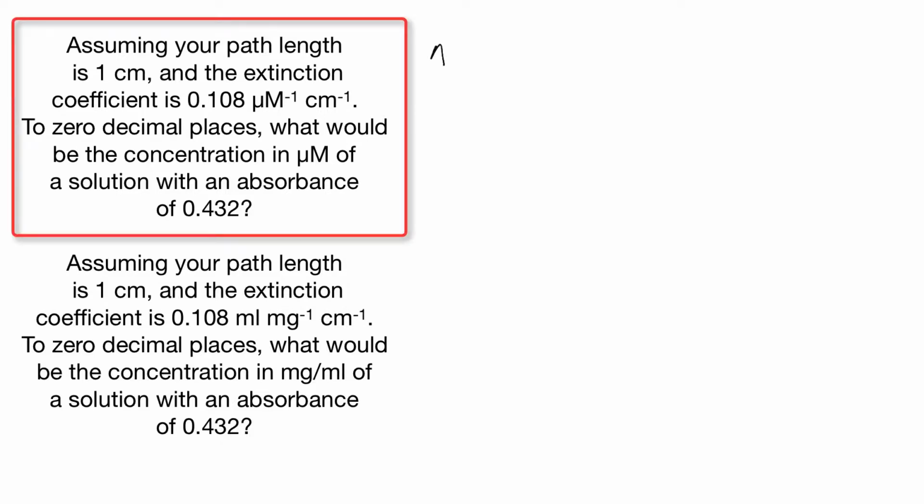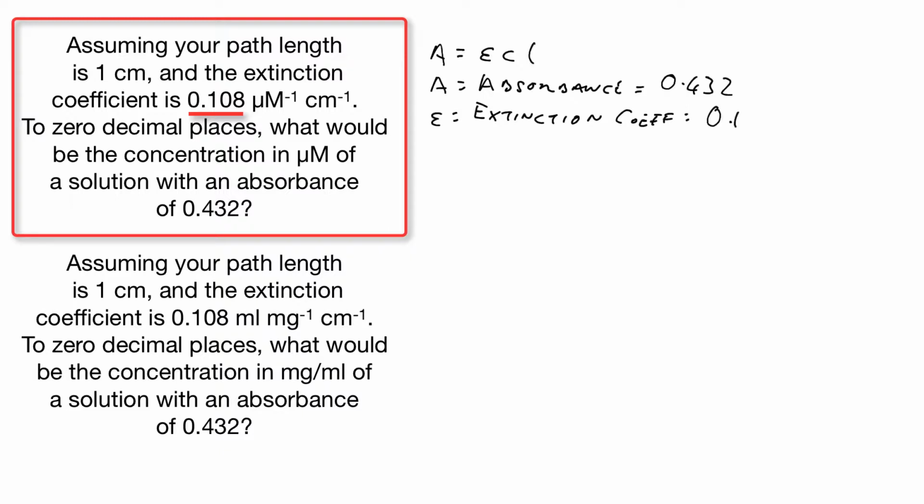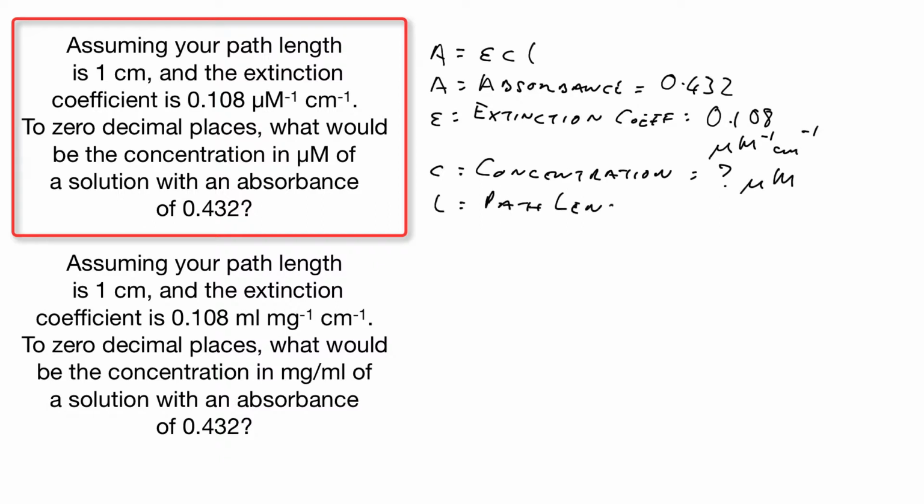So, using the Beer-Lambert Law equation, where absorbance A is equal to the extinction coefficient epsilon multiplied by the concentration C multiplied by the path length L. From the question we get that absorbance is equal to 0.432, epsilon, the extinction coefficient, is equal to 0.108 per micromolar per centimeter. The concentration C is what we're trying to calculate in micromolar, and the path length L is equal to 1